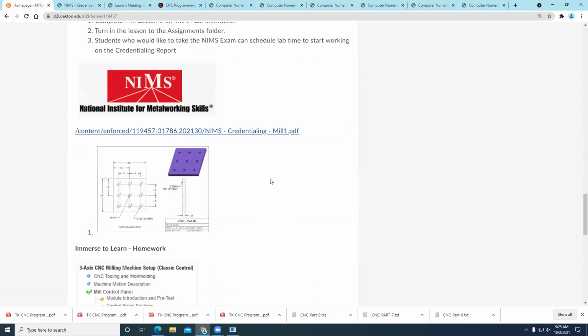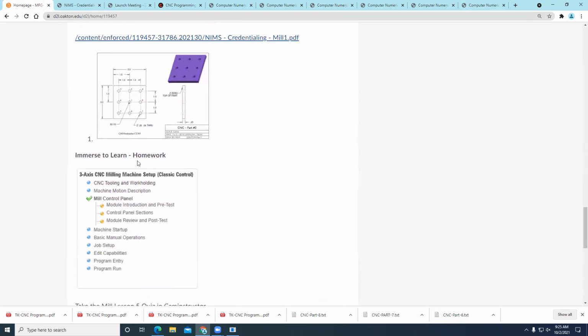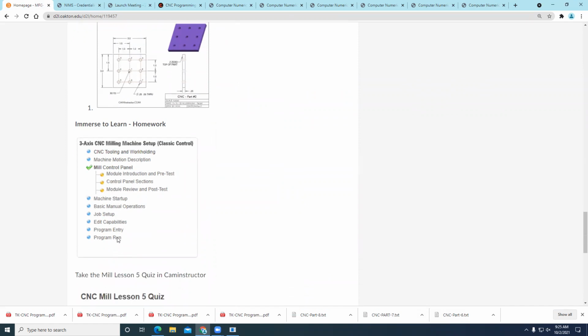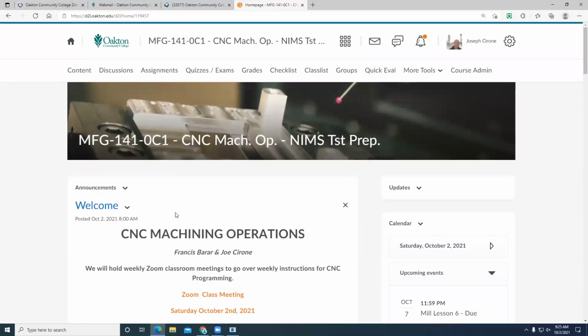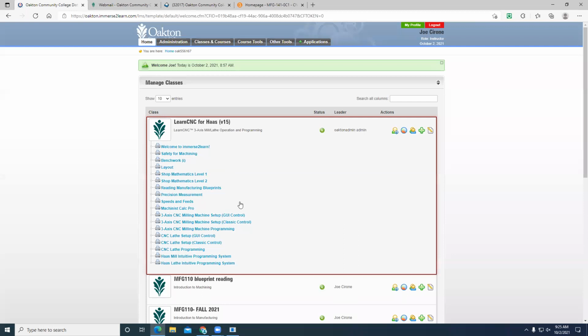The other thing that we're working on is the Immerse to Learn homework. So you should be completing the 3-axis milling machine setup, and you need to take the assessments in there, and we're able to go through and grade you on that. If you look at the CNC from Immerse to Learn, here's the course. I've already logged in, and then if I take a look at my 3-axis milling machine setup,